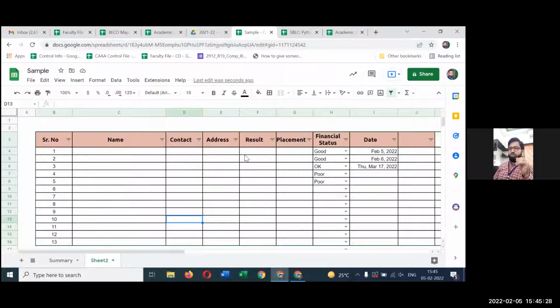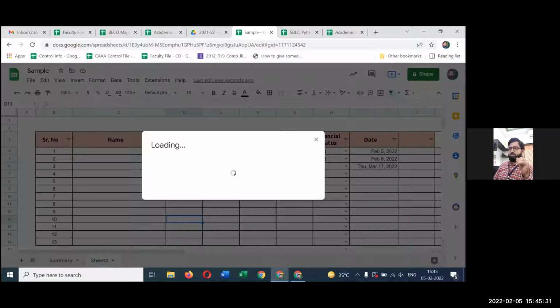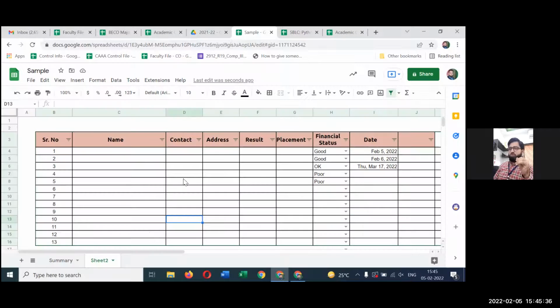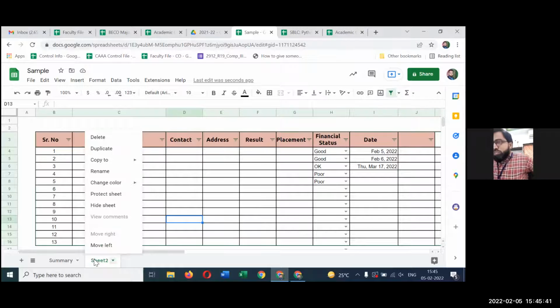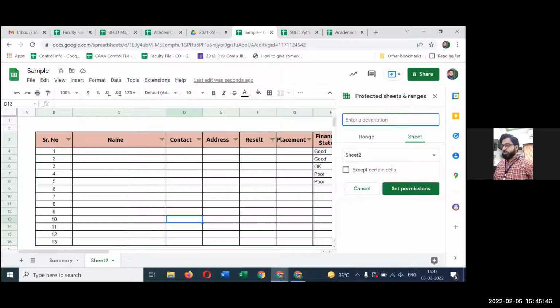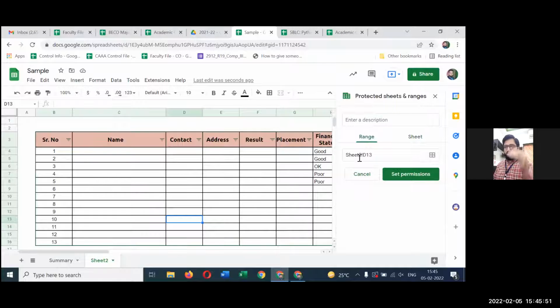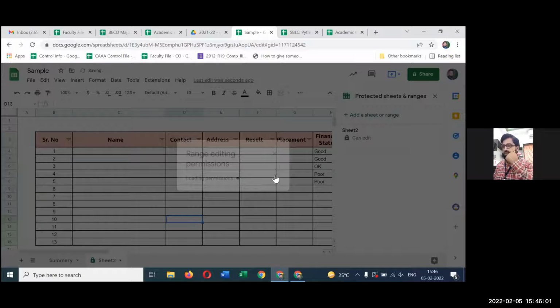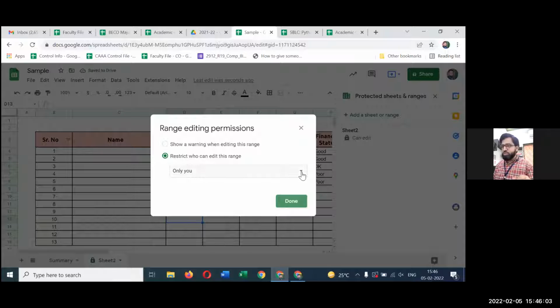अगर मुझे पूरी की पूरी Google Sheet share करना है तो I can go to this and I can share over here. Fine. But what I want to do, I want to share only this tab of this Google Sheet. So I will be right clicking on this tab and I will go to Protect Sheet. Protect Sheet में यहाँ पर option आ गया आपके, यहाँ पर पूरी sheet आ रही है, range आ रही है. So either I can give an access of a specific range, means some cells, or I can give an access of an entire sheet. So I want to give an access of an entire sheet.